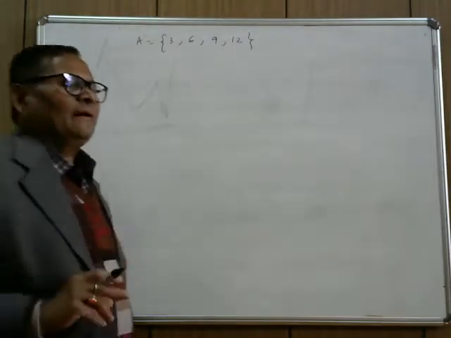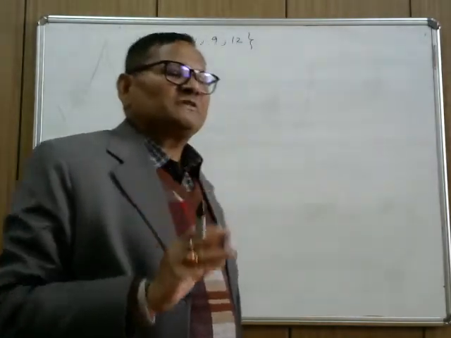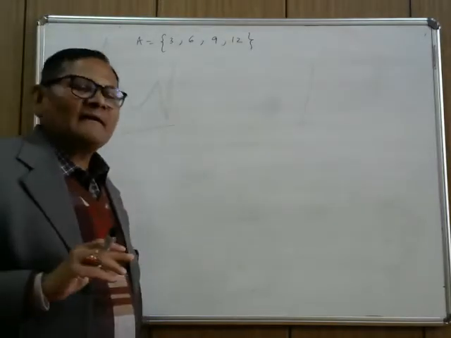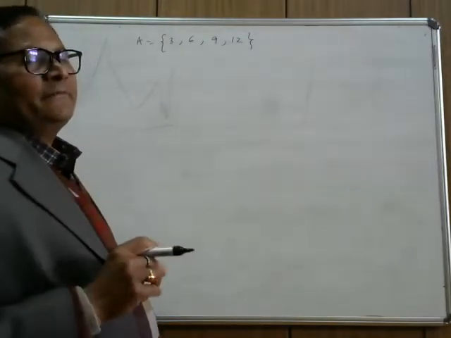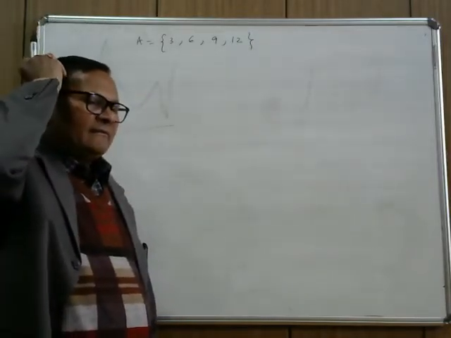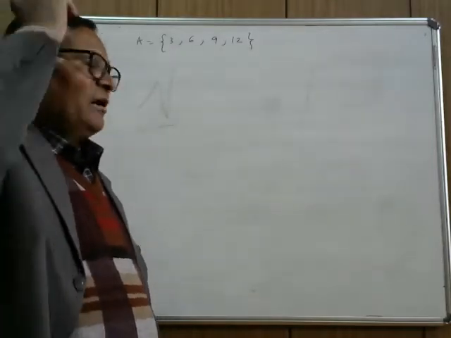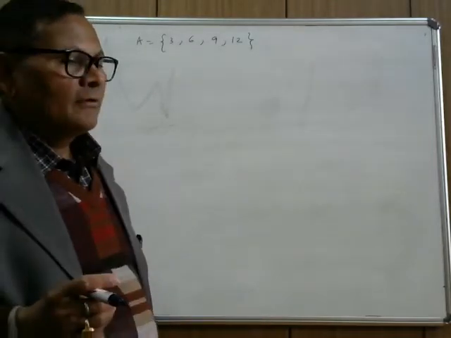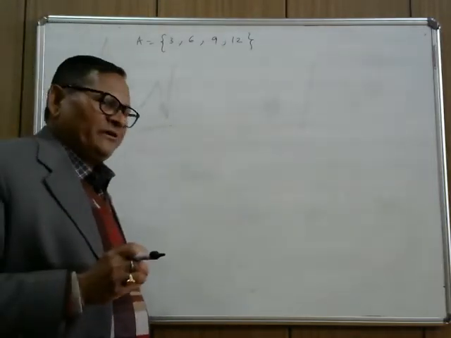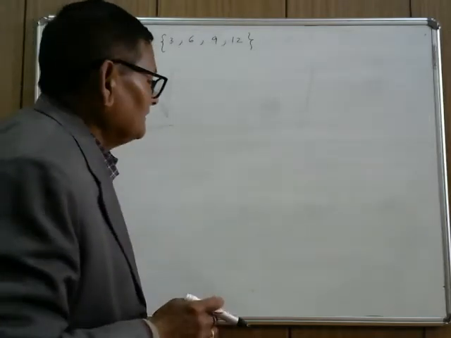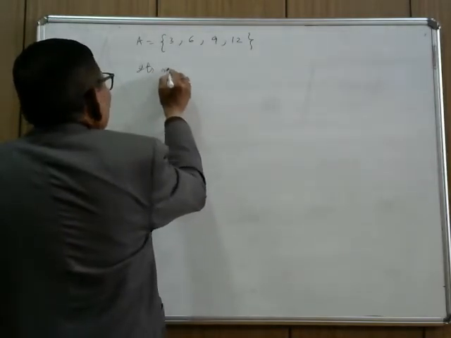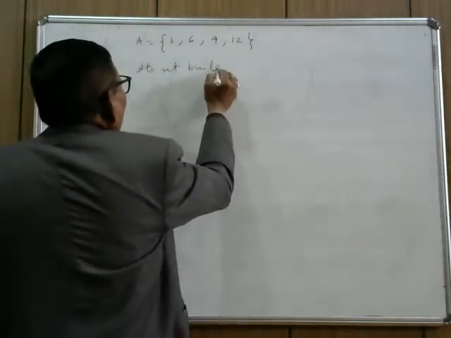When you read the table of 3: 3 times 1 is 3, 3 times 2 is 6, 3 times 3 is 9, 3 times 4 is 12. So all the elements are in the multiplication table of 3. Keeping this in mind, I take the natural numbers 1, 2, 3, 4, and when you multiply them by 3, you get the elements of the set A. So your set in set builder form